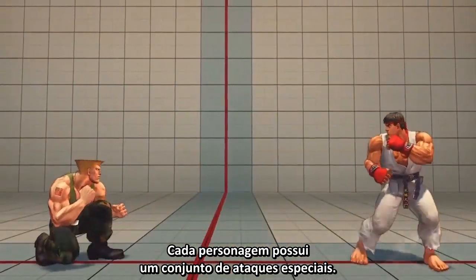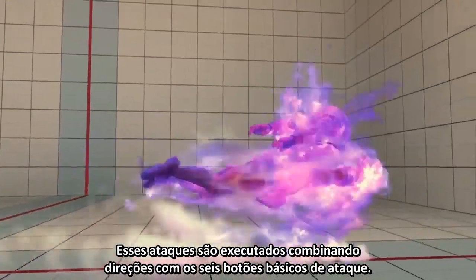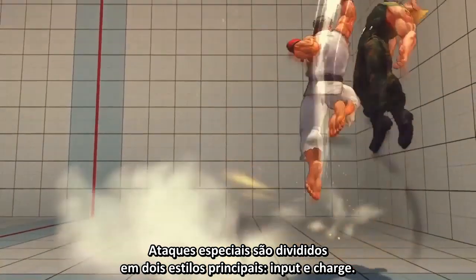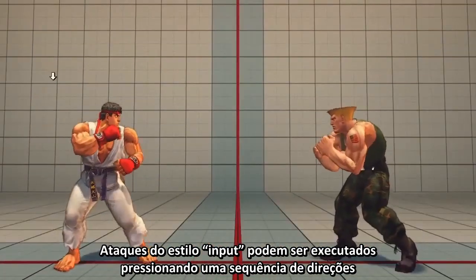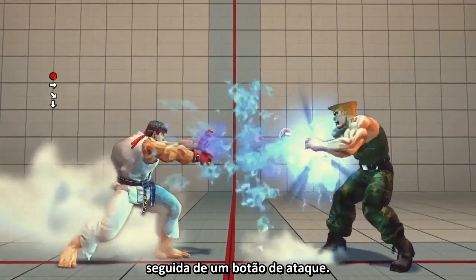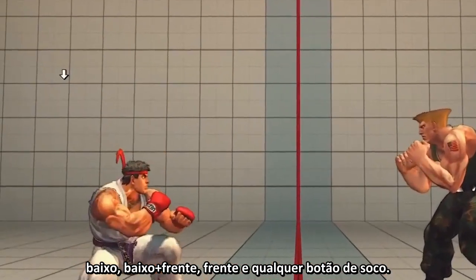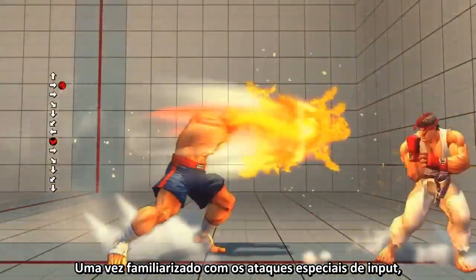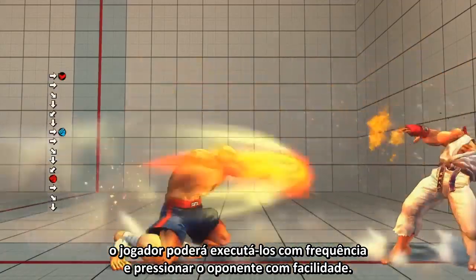Each character has their own set of special attacks, which are performed by combining directional inputs with the 6 basic attack buttons. Special attacks are divided into 2 main styles, input and charge. Input-style special attacks are performed by pressing a sequence of directions followed by an attack button. Ryu's Hadouken, or Fireball, is performed by pressing down, down forward, forward, and then any punch button. Once a player has familiarized themselves with their character's input special moves, they can execute them frequently and pressure their